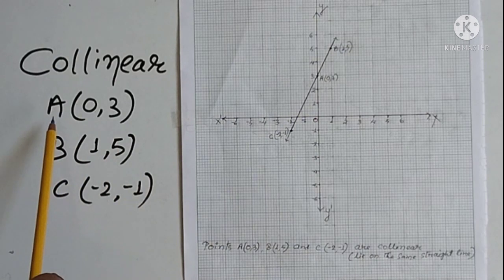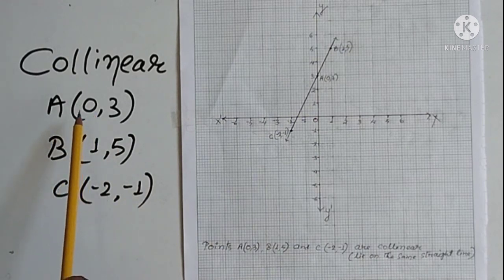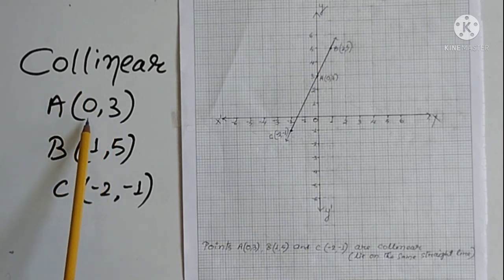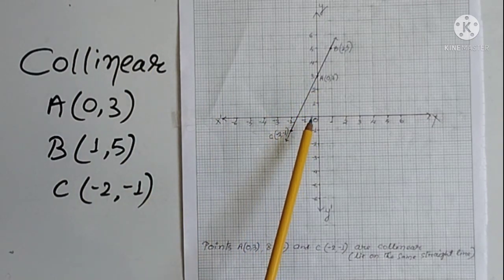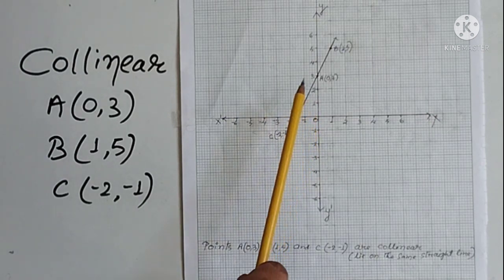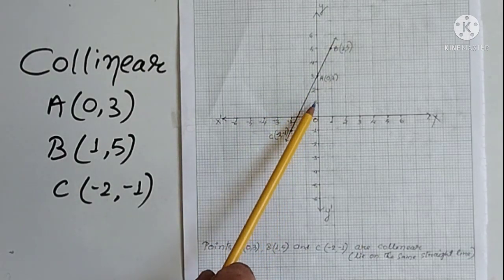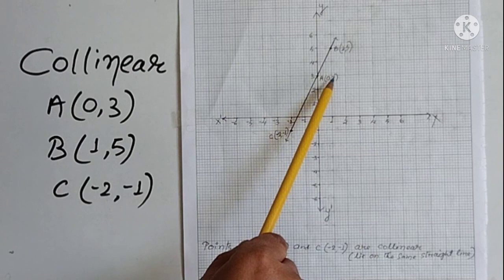Similarly minus 1, minus 2, minus 3. Now first we will consider point A whose abscissa is 0 and ordinate is 3. So abscissa is 0. See point A, where is your 0? Over here. 0 is your origin. So here abscissa is 0 and ordinate is 3. Ordinate means you have to look over here in y. So 1, 2, 3. So this will be the point for A, 0, 3.